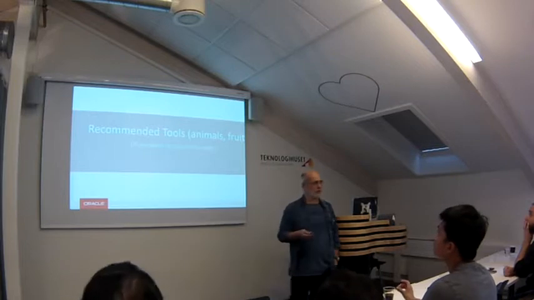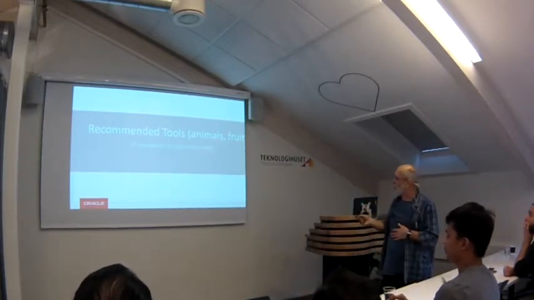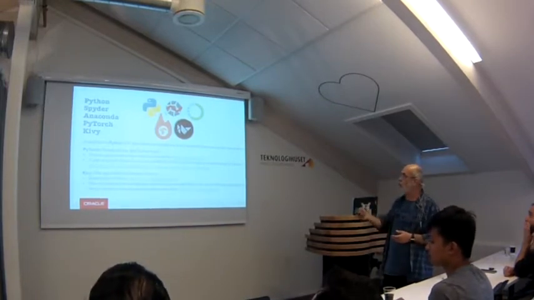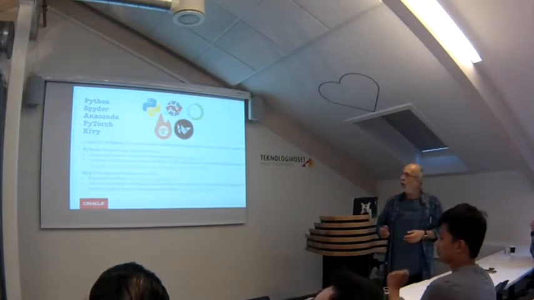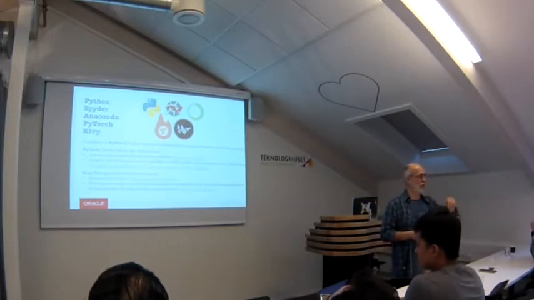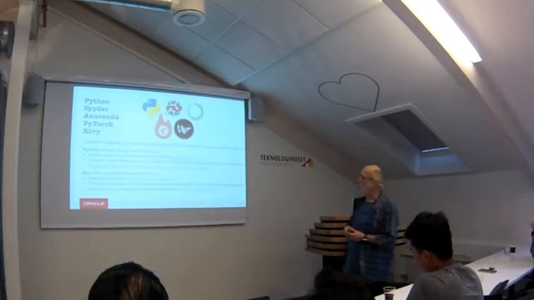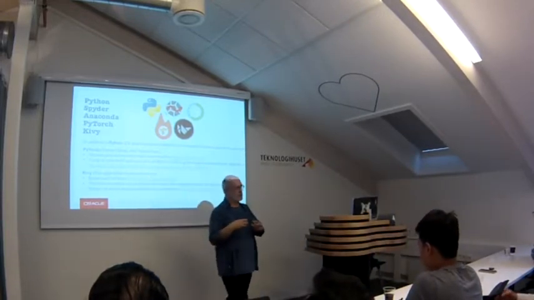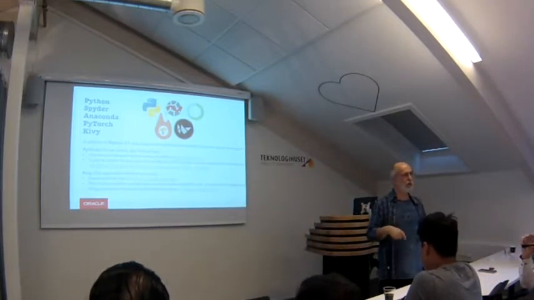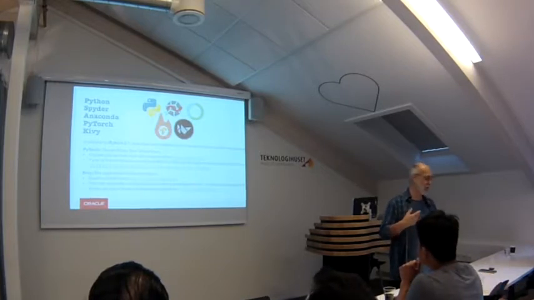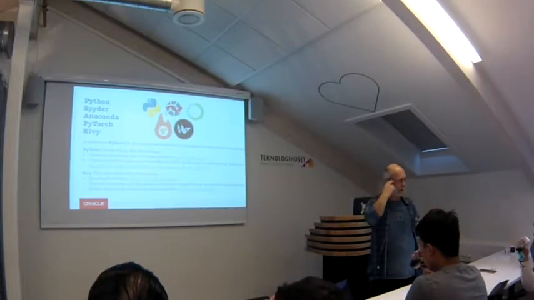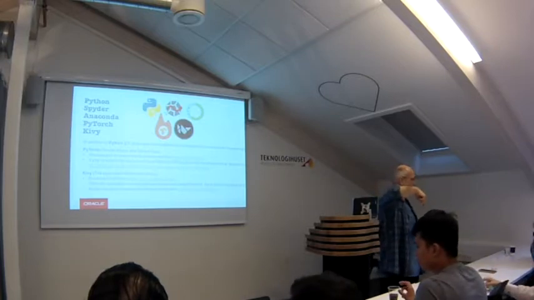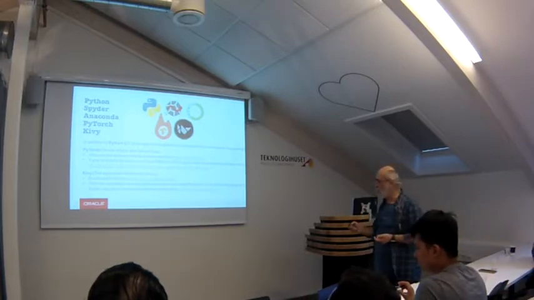Now the recommended tool set is slightly different. We have the animals, but now we have fruits as well, if you want to try out the code. And the two new things that we are going to be introducing are PyTorch and Kivy. Kivy is the application framework, basically. It's the library that you borrow the app module from, creating an application simply. And it does things like help you create windows and other widgets, and do the animations that we need. In the previous example, the Berkeley example, the equivalent library was not Kivy,